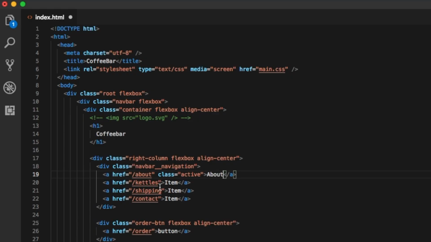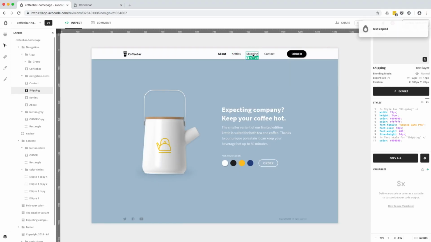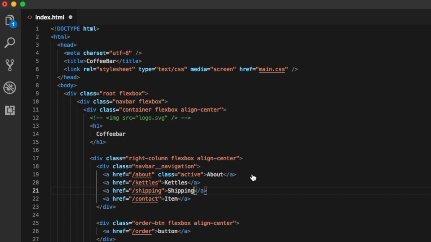kettles goes here, shipping, contact goes right here,